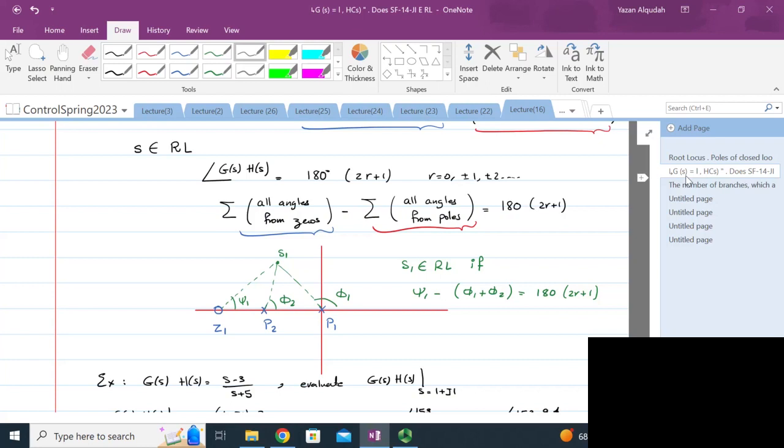Why is it an odd number and not an even number? An even number would be 360. An odd number, I could have two poles, 1 zero: 360, minus 180, it's 180. Does that make sense? I could have two zeros, one pole: 180, 180, and minus 180, it's 180. Is that clear? So therefore, on the real axis,